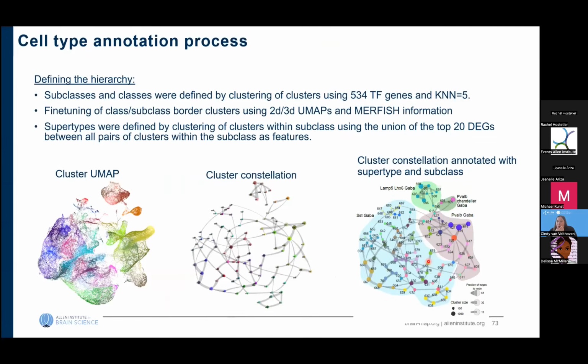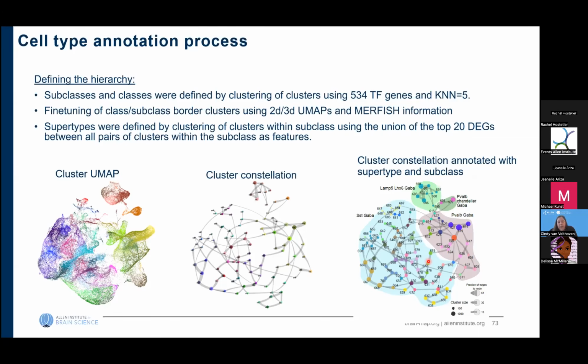So one way that we use the Merfish data extensively is to annotate our cell types. Using the single-cell RNA-seq data, we defined a hierarchy, purely computational. As Michael mentioned, we clustered the single-cell RNA-seq data to define a cluster level using high-end bioinformatic tools. And then we cluster the different clusters back up. So subclasses and classes are defined by clustering clusters, and the same with the supertypes that we've identified,